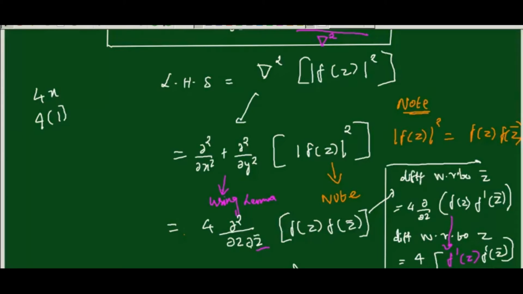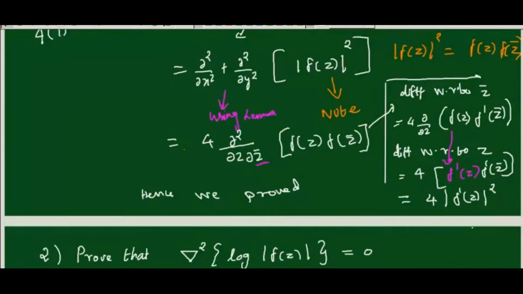Always you have to do differentiation with the inner function. The inner function is z bar. You are going to differentiate with respect to z bar. So that is f dash of z bar into the differentiation of z bar, which is 1. No need to write that. And similarly with respect to z. Again, using the same note, here also I'm using the same note, we got the result.